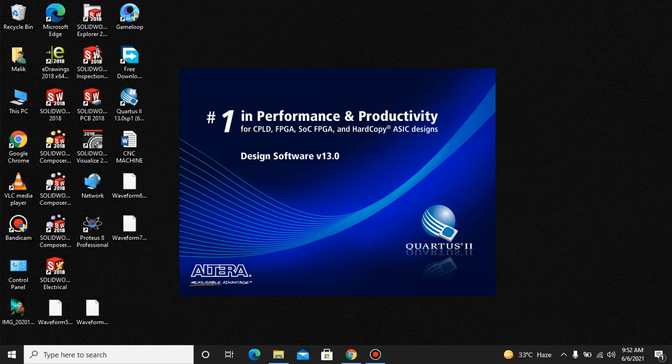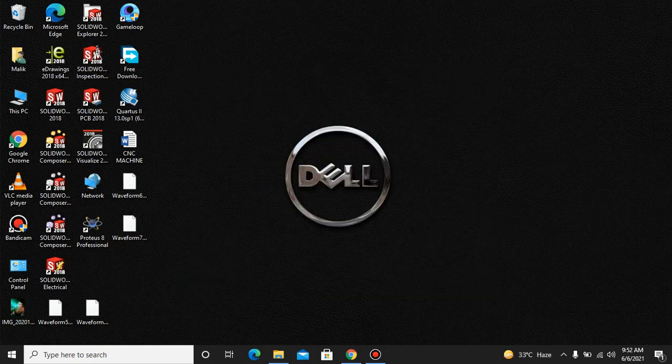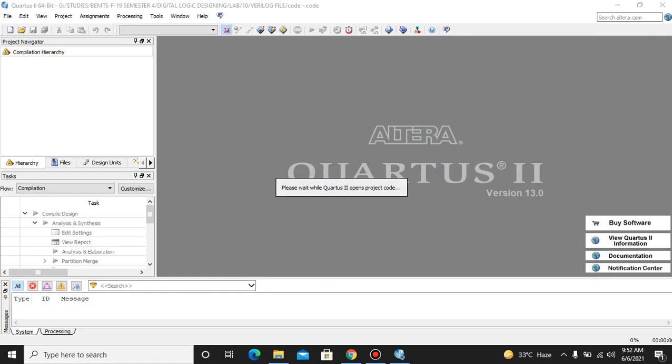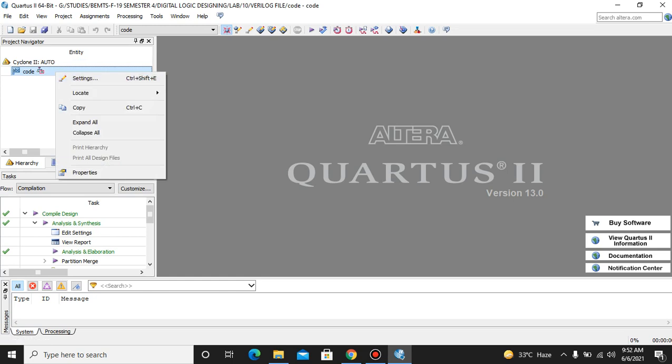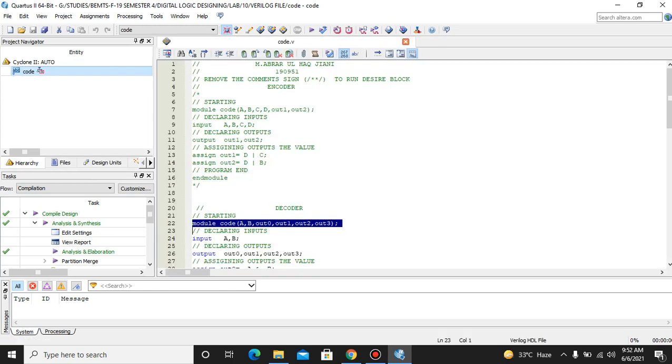Encoders. I had made a single file in which I write down all the codes and enclose them with the comment signs. Whenever I want to run a desired code block, I remove these comment signs and run that block. Now first we're gonna run the encoder. The encoder is gonna encode the